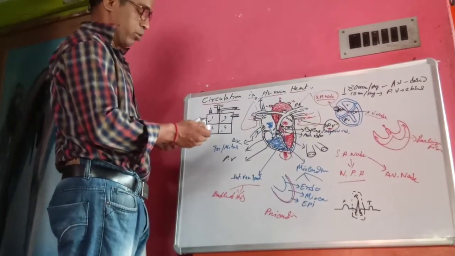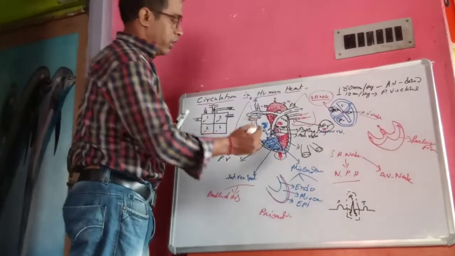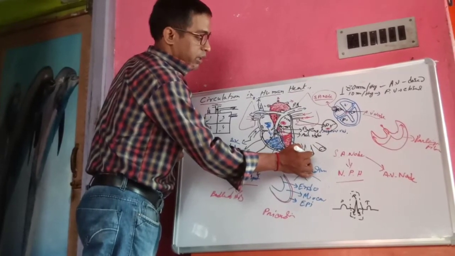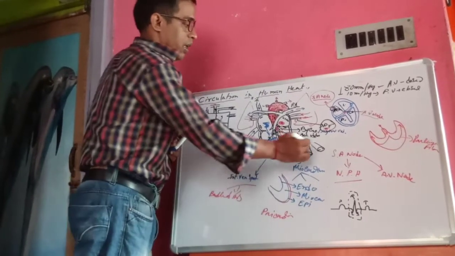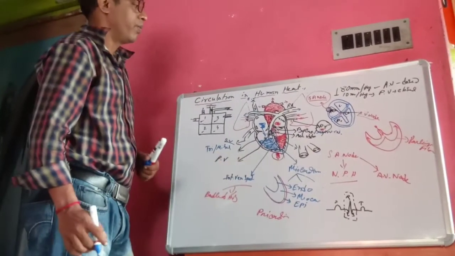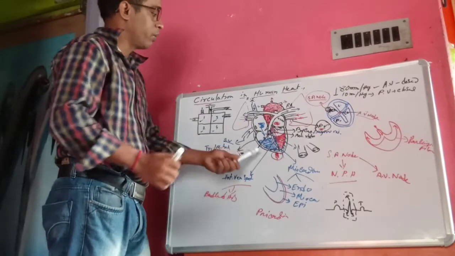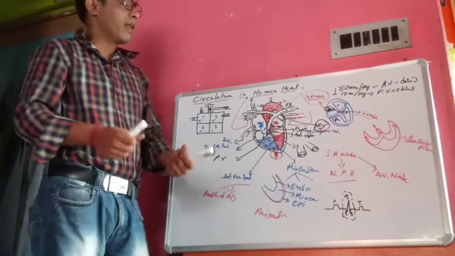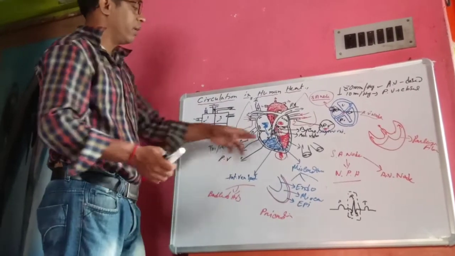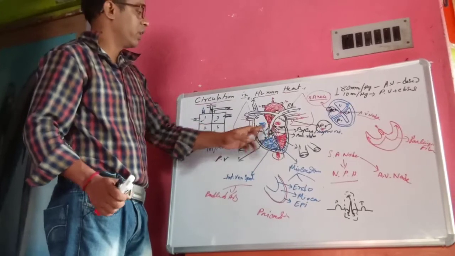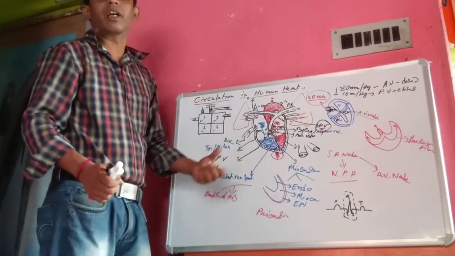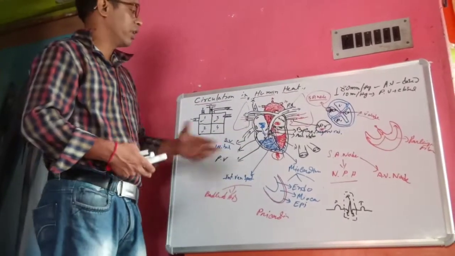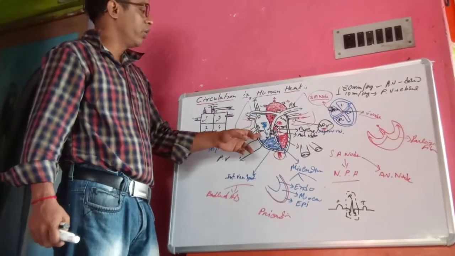Now, in the beginning of the pulmonary artery, there is a valve present. This is called the pulmonary valve. Here, if we draw, it is like this. Here is the pulmonary valve, and this is the aortic valve. Now, when blood gives pressure to the pulmonary valve or aortic valve, both valves open in the upward direction. At the same time, the blood also gives pressure to the bicuspid and tricuspid valves as well. But the bicuspid valve and the tricuspid valve remain closed. That is why blood goes only in one path.